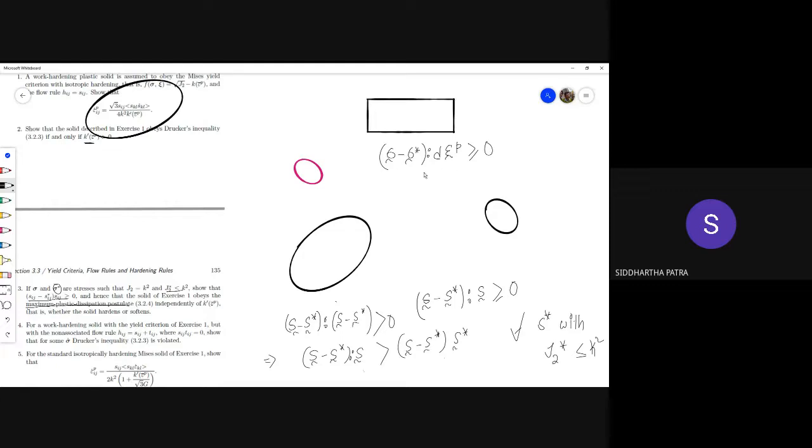So let us try to prove this. Assume this quantity is true and try to prove this. If I take the inner product like this, as we discussed earlier, only the deviatoric components would matter, because the plastic strain is proportional to the deviatoric stress. Every time you have an isotropic stress component, that simply gives you an inner product with the trace of that deviatoric quantity,